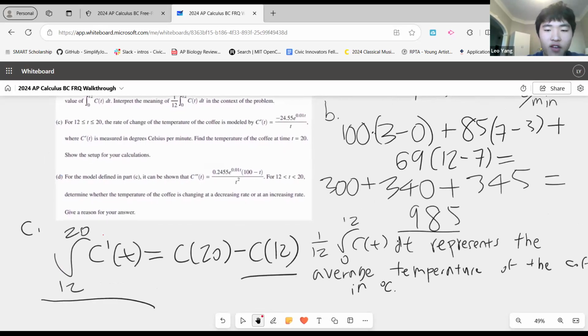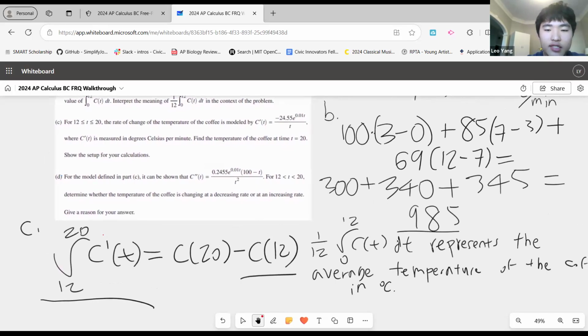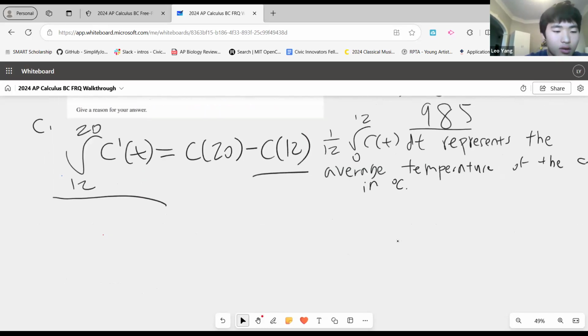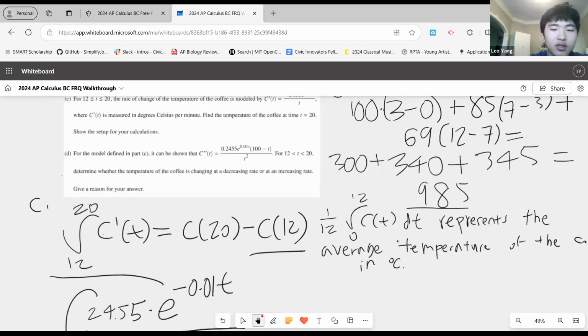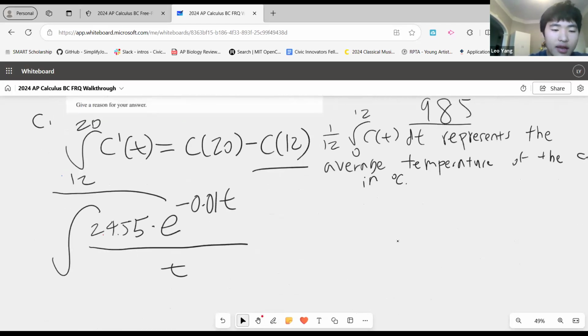So now we need to just evaluate c prime of t. So it's negative 24.55 times e to the 0.01 t over t. So the integral of 24.55 times e to the negative 0.01 t over t, I believe, is the right function. Let's see. Nope, it is not negative right there. Rather,